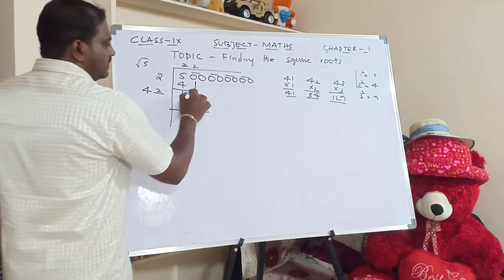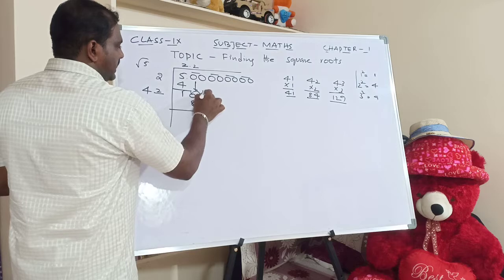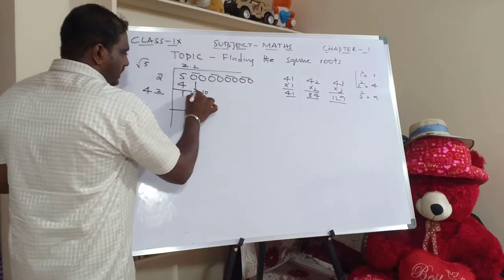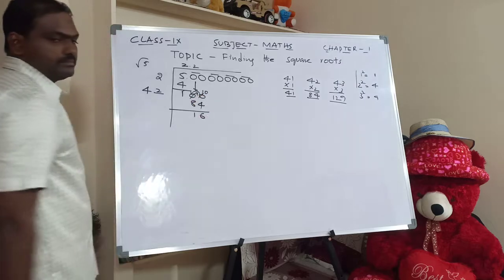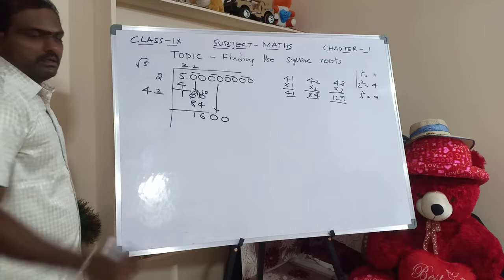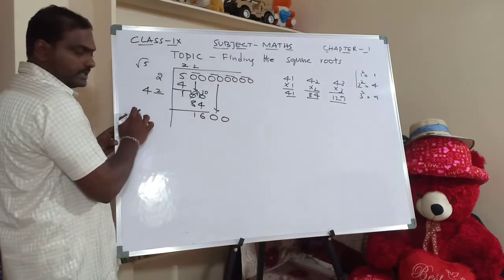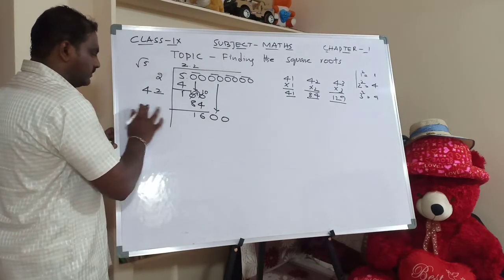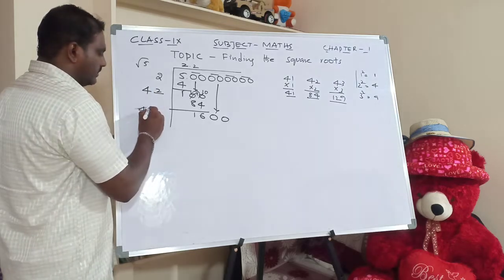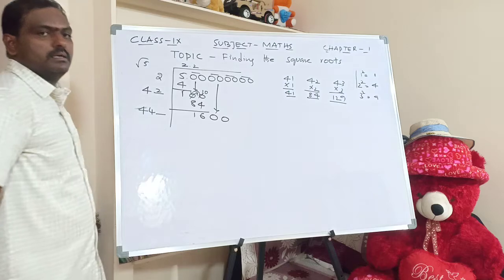What is the next step? So it is borrowing. This will be 10. 10 minus 4, 6. And it will be 9. 9 minus 8, 1. Then 0 0. Now what is the next step? 4 is already there. It should be written as 4 only. Then what I have to double? This double 4. Then blank.